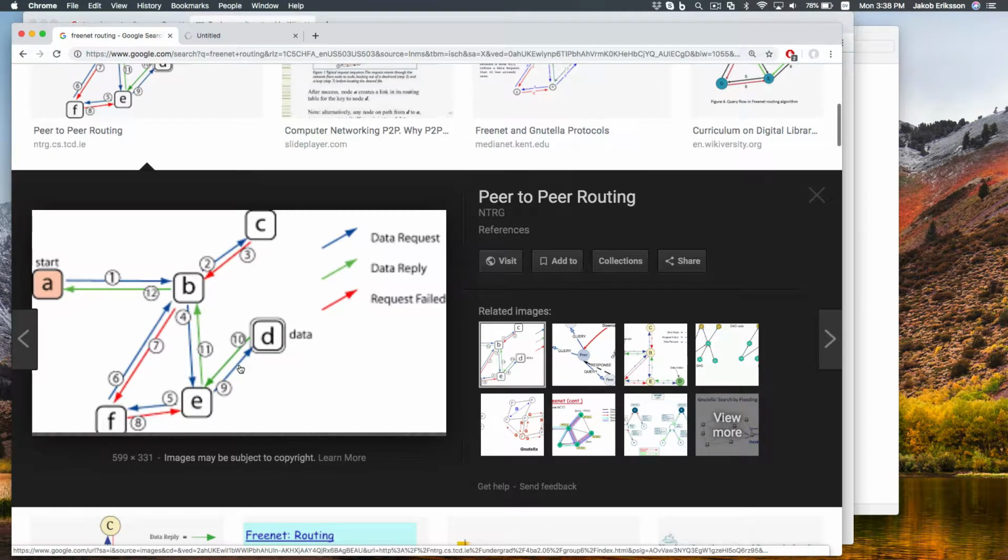Okay, so here I'm sending a request. The data is stored at some node that has a key similar to the data's key, but I don't know where that is at all. I don't even know about D's existence here, the node D. But I have a friend B who has a key that is more similar than mine to this data. So I will send my request to B, and B will do the same thing, kind of send out its requests. And then over time, the query will get closer and closer to the node that holds this